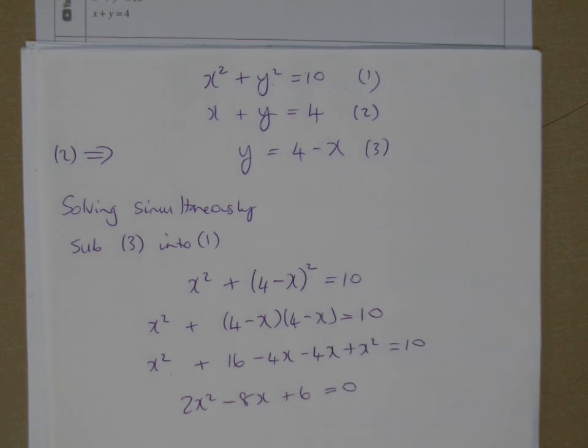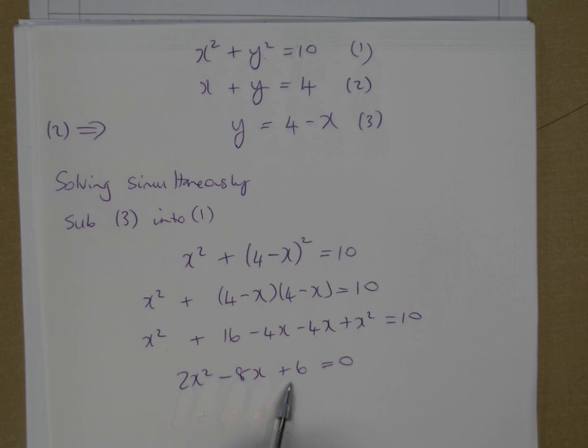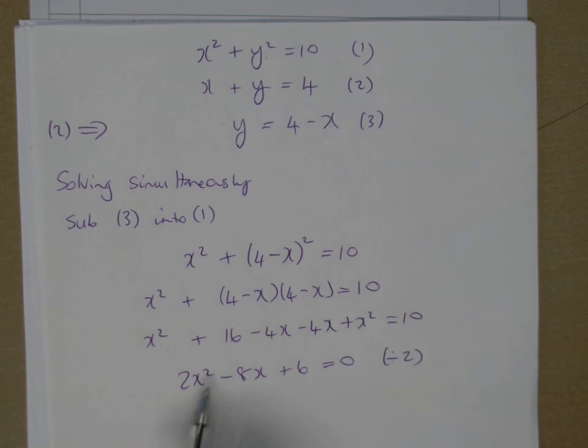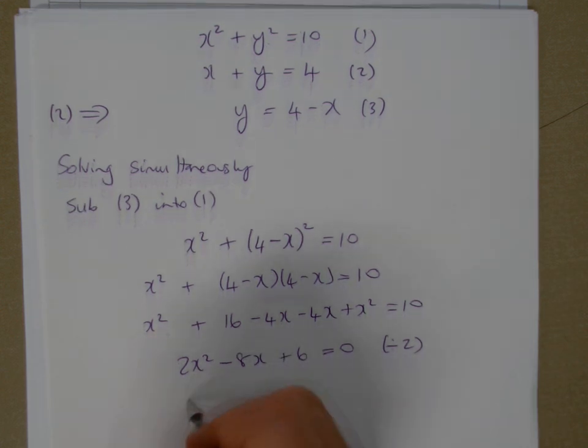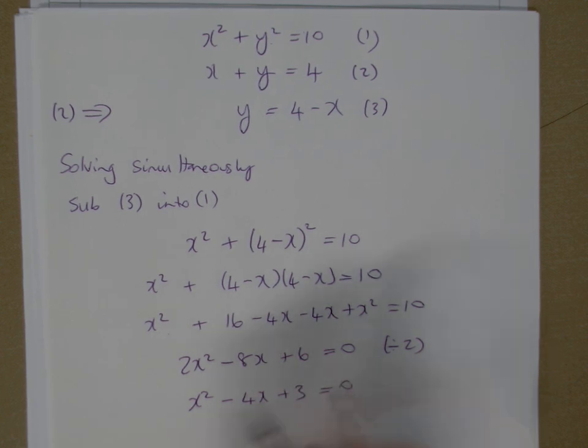So then I've got a quadratic which I'm familiar with, and I can look at factorising it. But just before I factorise it, notice there's a common factor of 2. So we could divide this quadratic by 2 to make it simpler. If I halve everything, I get x squared minus 4x plus 3. That's a lot easier to deal with. And I have a double bracket,